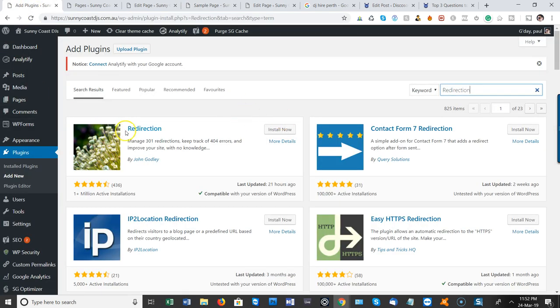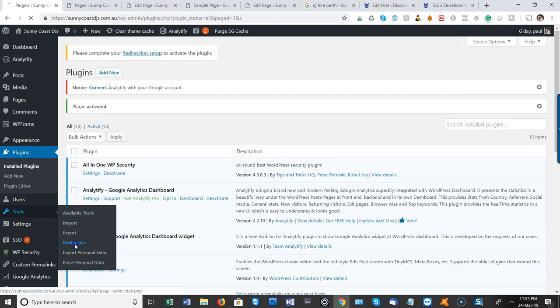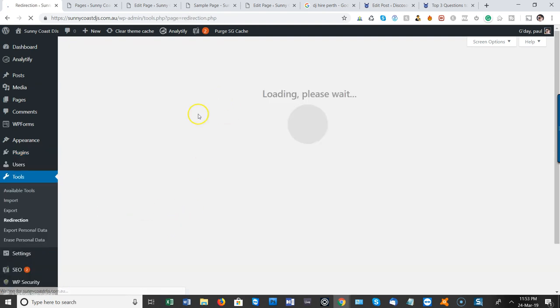So this is the plugin you want to install. It's got these flowers here. 1 million active installations. Updated 21 hours ago, so it's a very updated plugin. I'm going to install this, activate, and now this is going to show up in tools, the redirections. So go to tools, redirection, and if I want to set up a redirect,